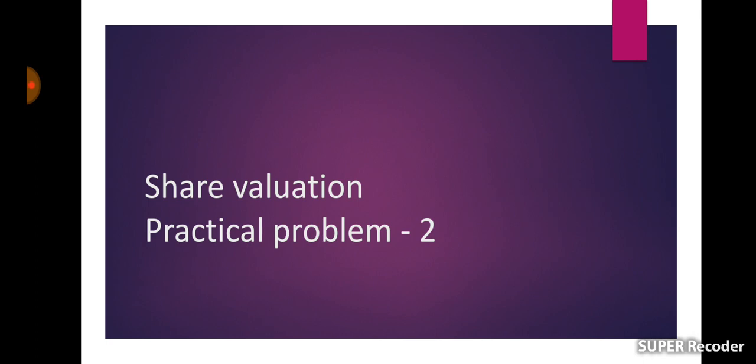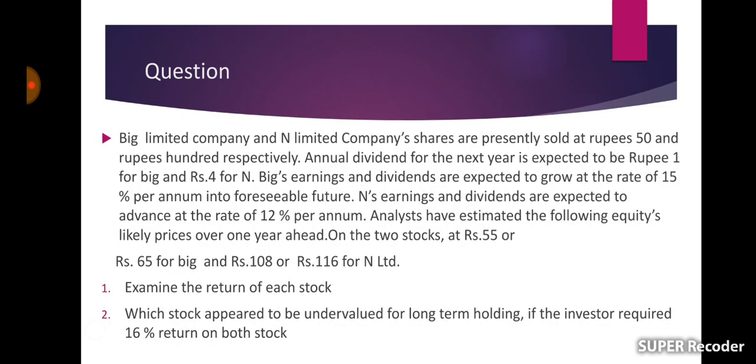We are applying this equation because here the dividend plus price change means the income and P0 or purchase price is the investment amount. We are calculating the rate of return or rate of income out of the investment. Here the invested amount is the purchase price. That's why we are applying the equation dividend plus price change divided by P0 into 100 for calculating rate of return. So let's go through the question.